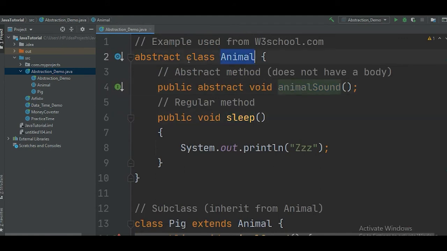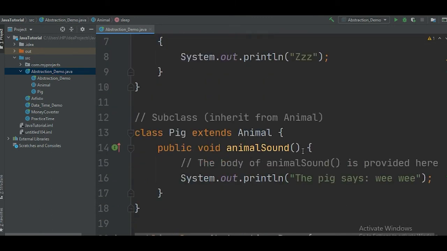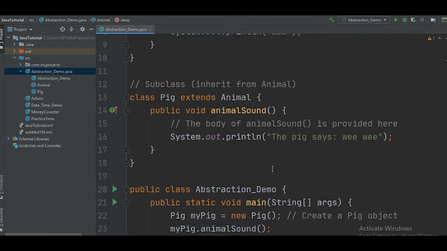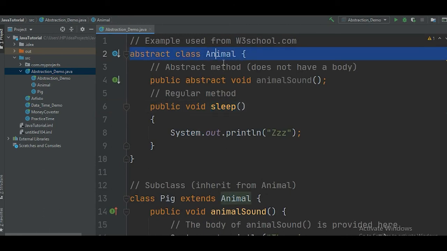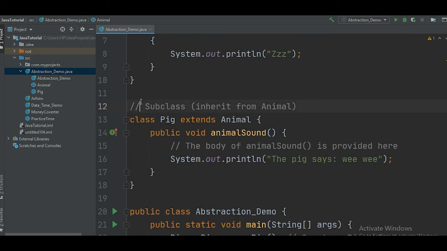And as we already discussed, an abstract class can have an abstract method or a simple, regular method. So here we have these two methods, and this regular method, which is the sleep method, is printing zzz. So when we go in the main method and try to call these methods, sleep and animal sound, just by creating the object of this animal class, we will not be able to do that, because as we studied, an abstract class, which means this animal class, cannot be used to create objects. So here we're going to use the concept of inheritance, where one class inherits the properties of another class.